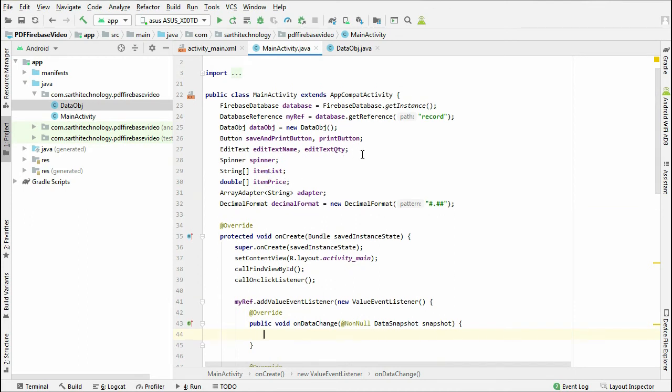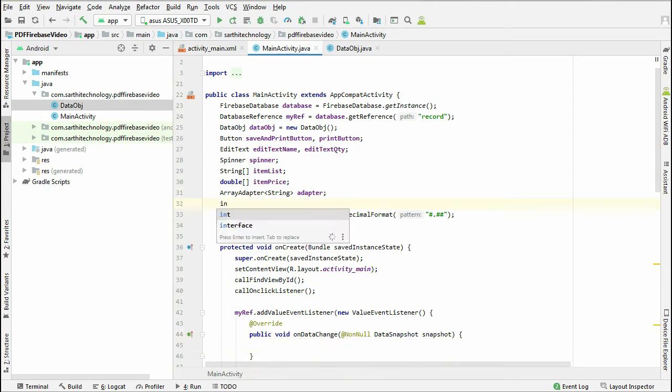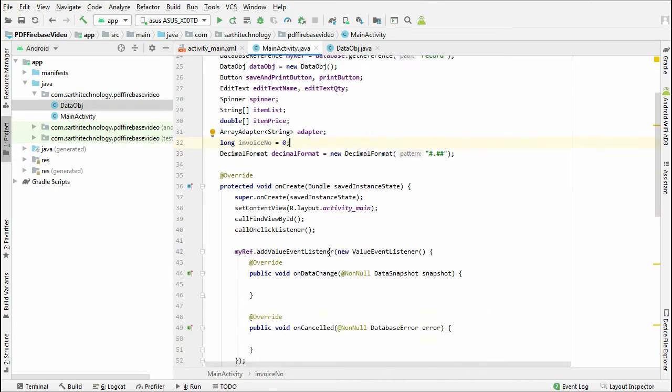Here first we need to create one invoice number object. Long invoice number equal to 0. Initially the invoice number is 0.